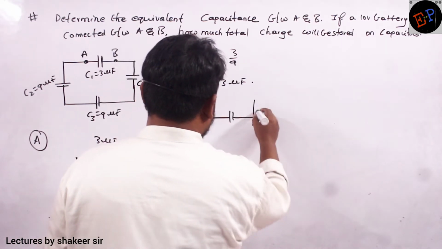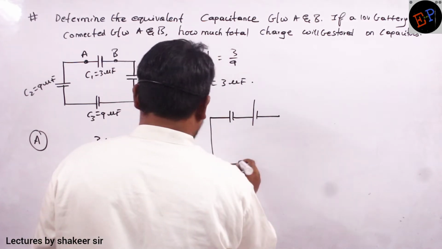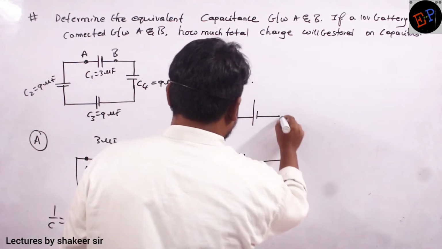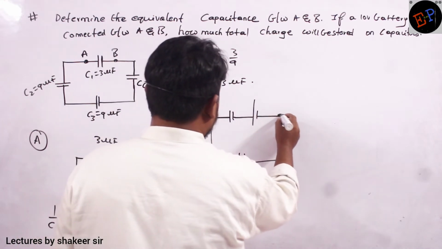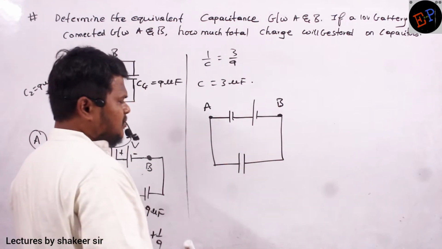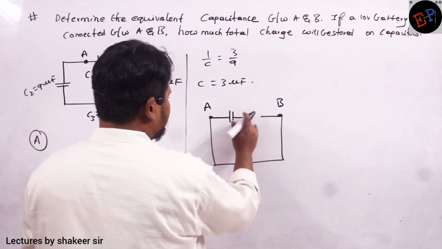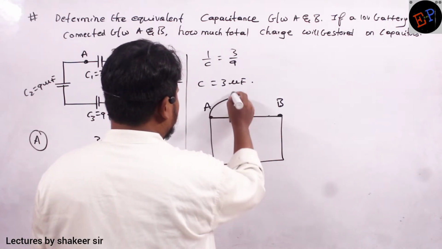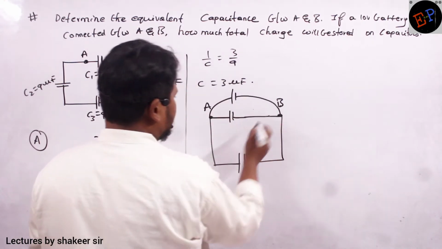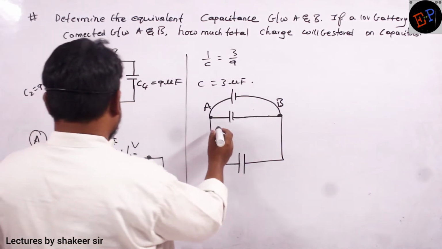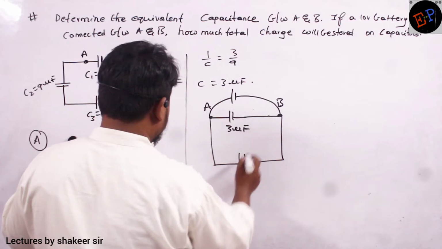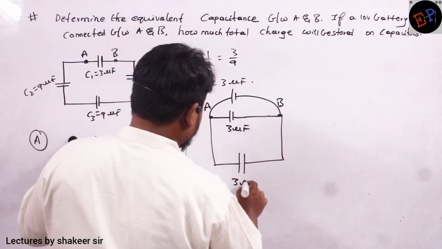So this is one capacitor connected with a battery, and this is the second capacitor which we have calculated, and these are the two terminals, point A and point B. Are you able to understand, ma? Or this battery connection you can connect like this also, ma? You can connect like this also. Okay, terminals connected between A and B. Okay. So therefore its capacitance is 3 microfarads, and this capacitance is also 3 microfarads.